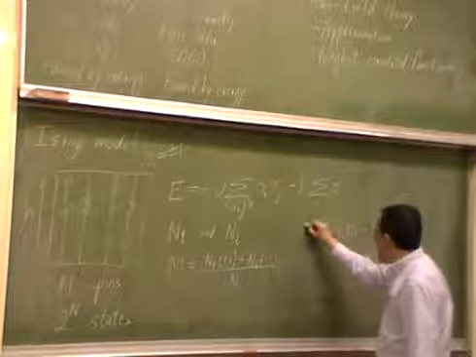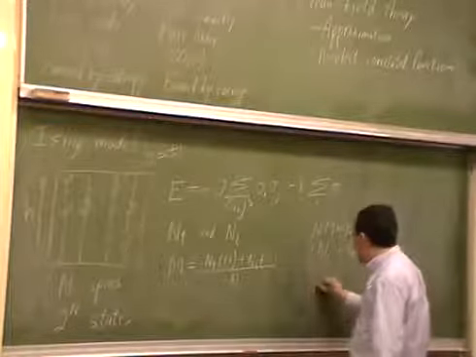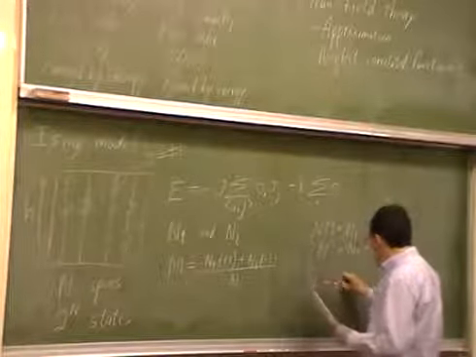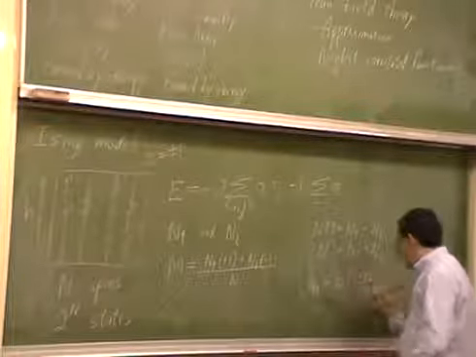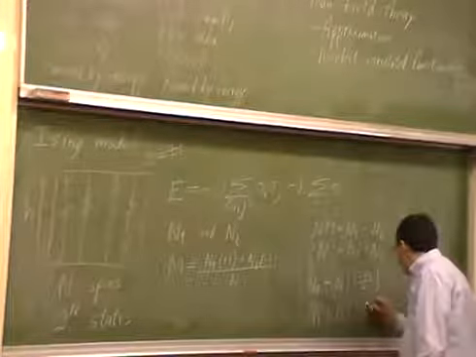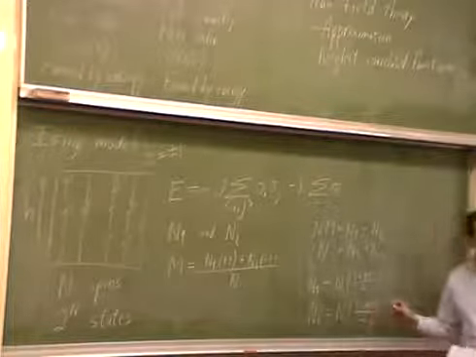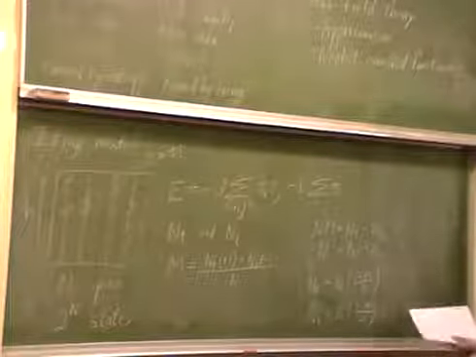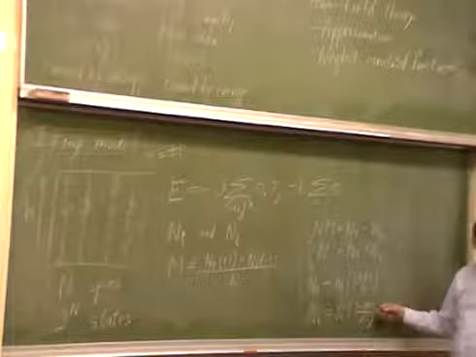So this is two equations and two unknowns, and so that means that n up is the total times 1 plus m over 2, and n down is the total times 1 minus m over 2. All right? So now I want to know what's the number of states with a particular value of m,